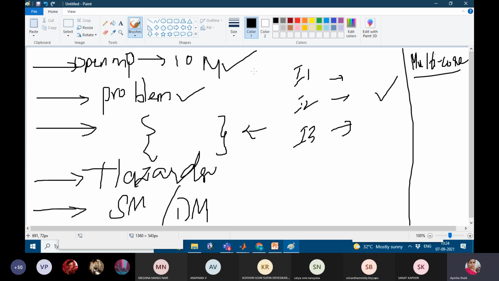Programs will be simple only, I hope. We have already done some training. The problems, we have already discussed in class, but still please go through them. The problems can be related to Amdahl's law, Gustafson's law, and the time or number of clock cycles required, and performance measure related questions. Try to understand the question properly and then answer it.